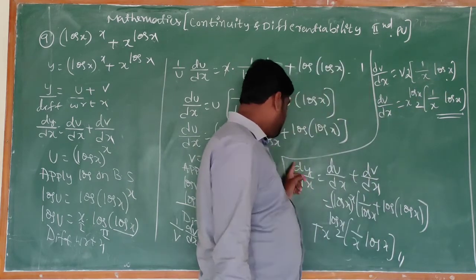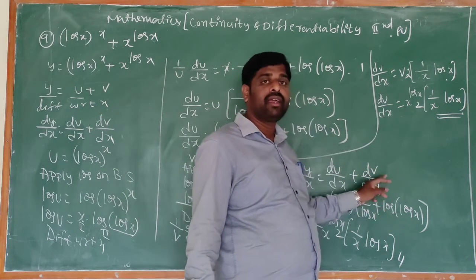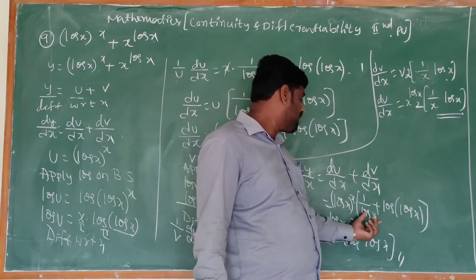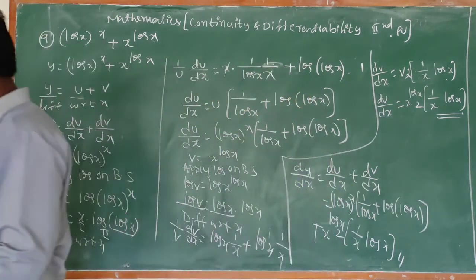Now dy by dx is equal to du by dx plus dv by dx. Substitute du by dx value and dv by dx value. So next problem is